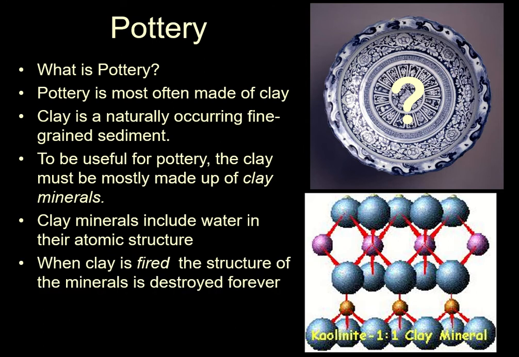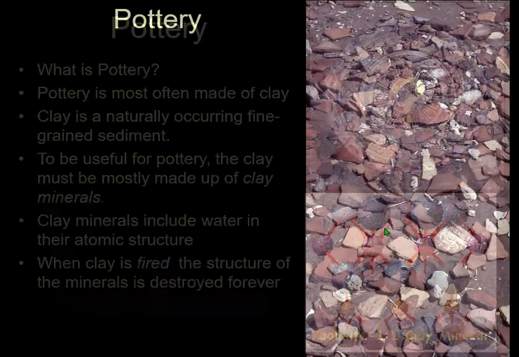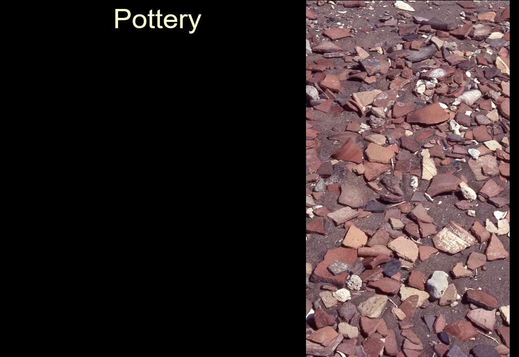So when the clay is fired in a kiln, the structure of the minerals is destroyed. And so it has to be stuck like that forever. You can't turn it back into clay. The pottery can break down into clay, but it would take a very long time, beyond human existence, for an entire piece of pottery to decay completely into clay-like minerals. It happens a little bit, but not enough to turn the whole thing back into clay again. So when it's fired, it's stuck in that shape forever.